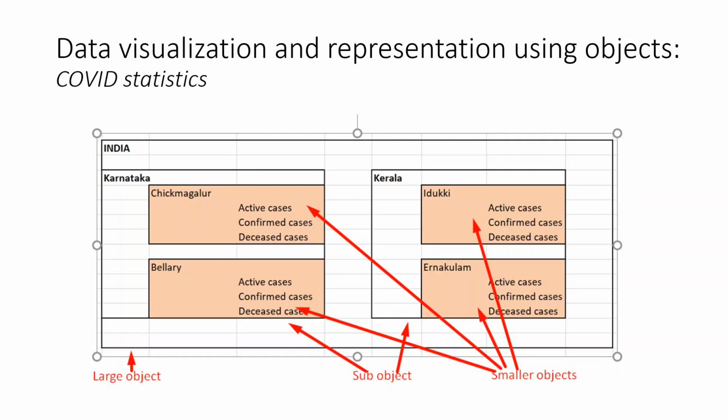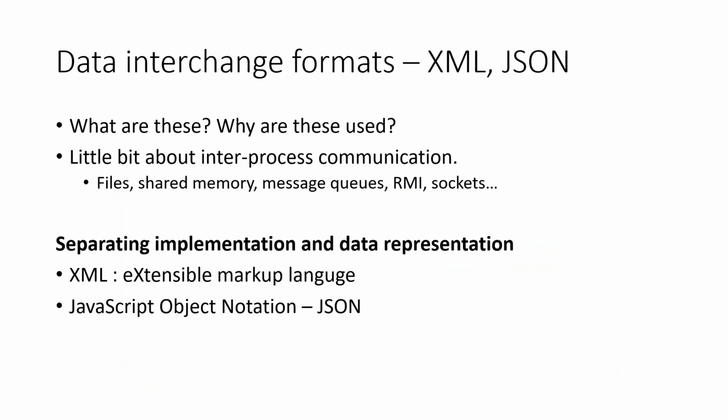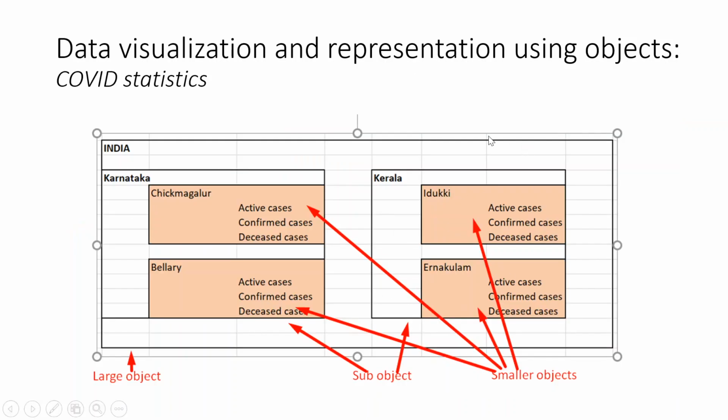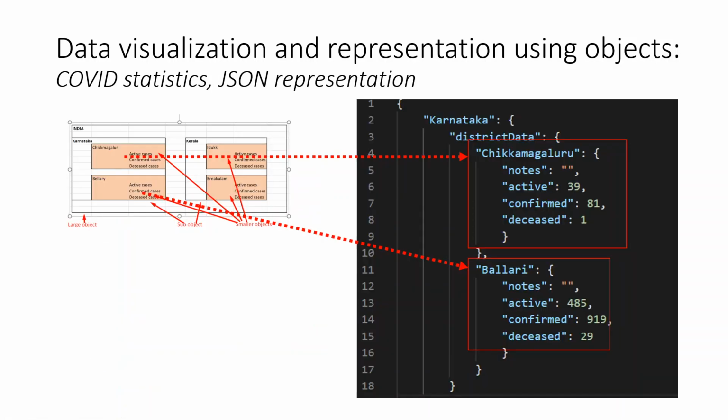So in order to do the data analytics or data processing in the background, we need some kind of ordered structured format to communicate, right? So we looked at that. Same data, how do we represent it in the form of JSON? JSON is not human readable, it is computer readable. That means the computer can easily find out which object is inside which object. If I send this picture, it's really difficult for computers to understand this and get all the data. It is much simpler if you send it in text format, and that text format should be in an organized, hierarchical form.